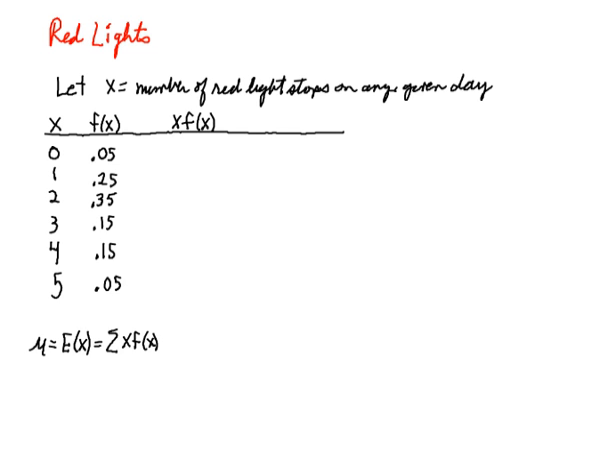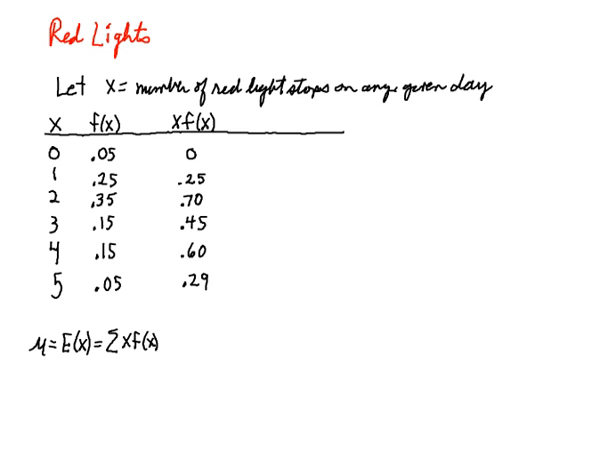So I've got to find what they are. And I'm going to go ahead and create another column there. 0 times 0.05 is 0. 1 times 0.25 is 0.25. So again, I'm multiplying the values in the first and second column together. 2 times 0.35 is 0.7. 3 times 0.15 is 0.45. 4 times 0.15 is 0.60. And 5 times 0.05 is